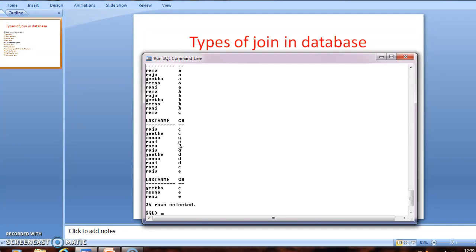Next type of join is join using clause. Query for using clause.